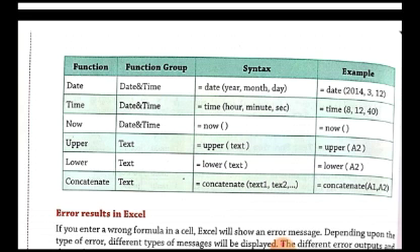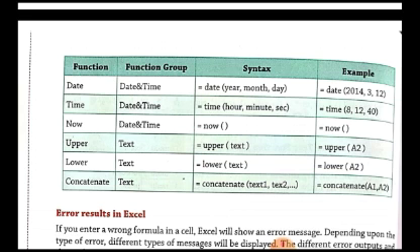The NOW function is used for returning the current date and time. It is also defined in the date and time function group. The NOW function is used without any parameter. We are not passing any parameter to the NOW function. It always returns the current date and time in the cell in which it is used in the formula.